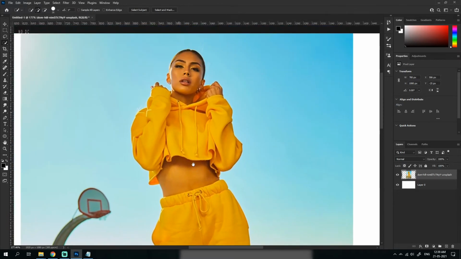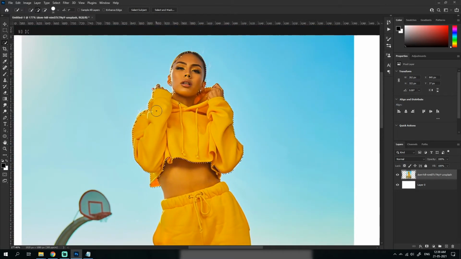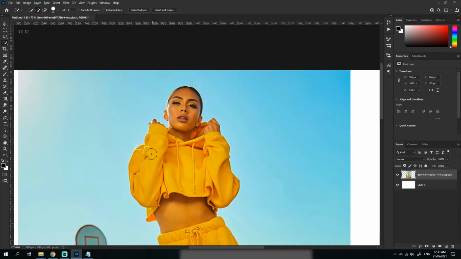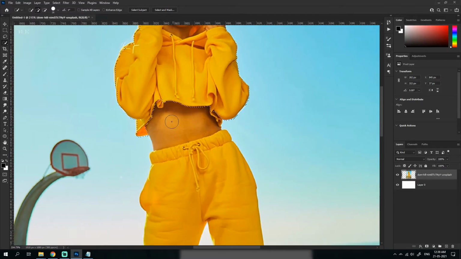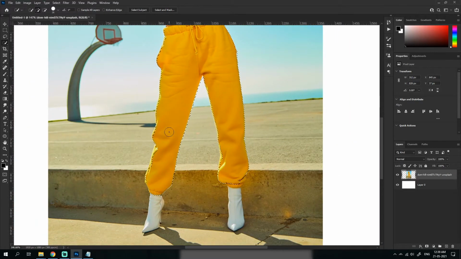There's the quick selection tool, and this one is the simple one. It just selects for you. And all these tools, the quick selection tool and magic wand tool, work better when there's a nice contrast between both images. So you could see it makes it easier for us to do this stuff.